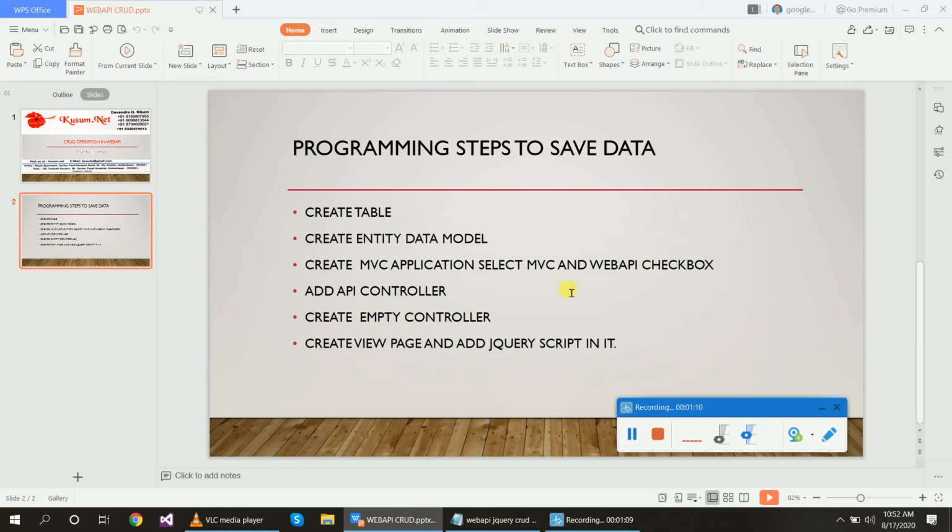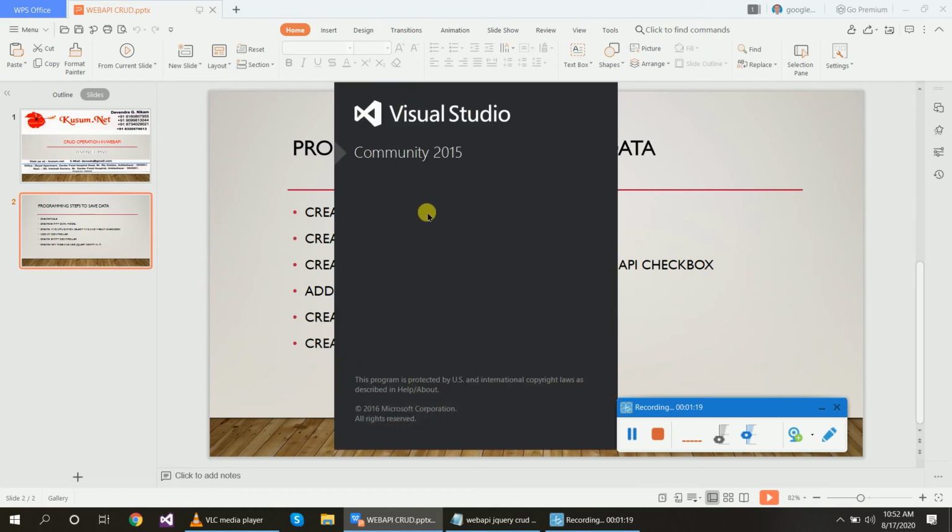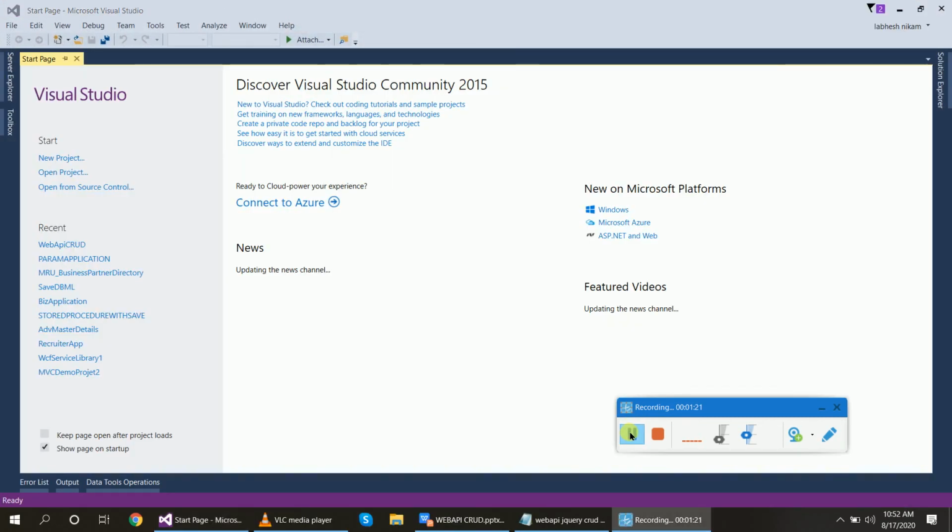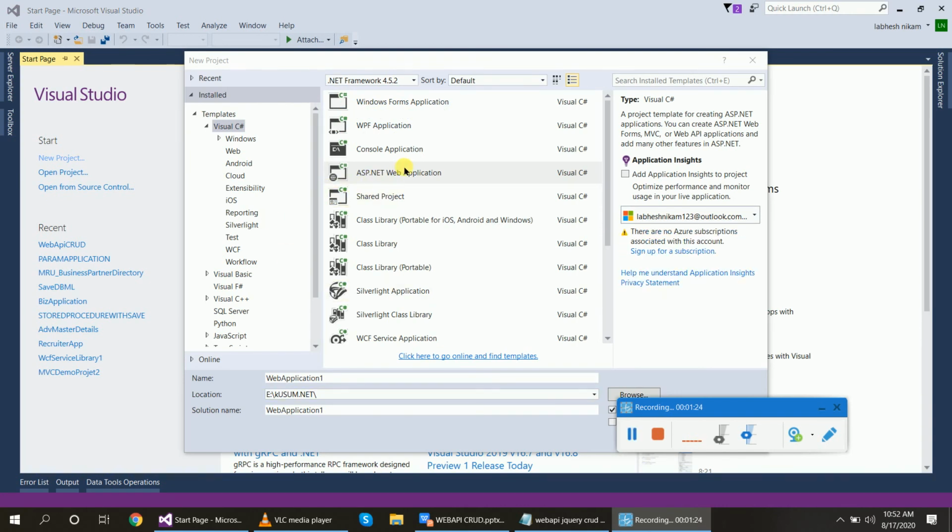Okay, now we will start our application. Create new project, go to ASP.NET Web Application, give the name, suppose Web API CRUD.